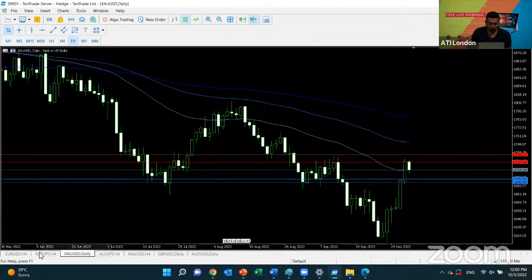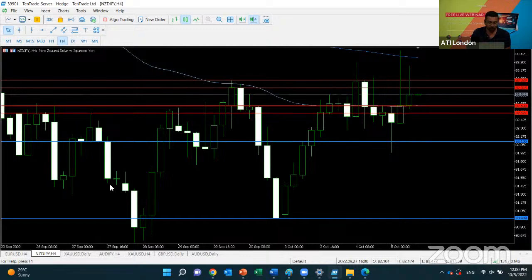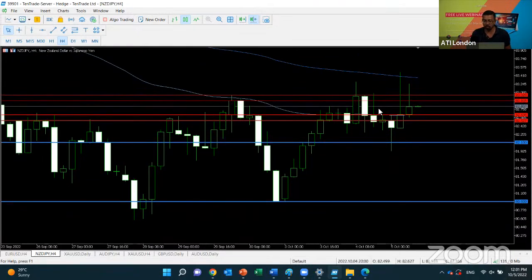But also we have talked a little bit about NZDJPY as of yesterday. I've given the signal of NZDJPY as well. I think it has hit the take profit, as you can see right there. It went even higher as well. We've got loads and loads of wicks at the moment being caught. Price of NZDJPY has been caught at the area between the 50 EMA line and the 100 EMA line. The 100 one is this one here, and then the 50 right there. So we have drawn several lines, and it has actually appreciated exactly on these lines as well,